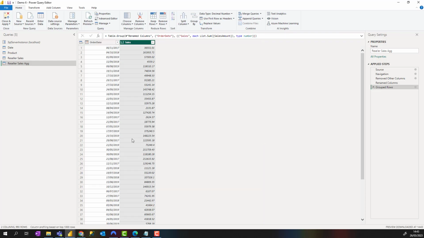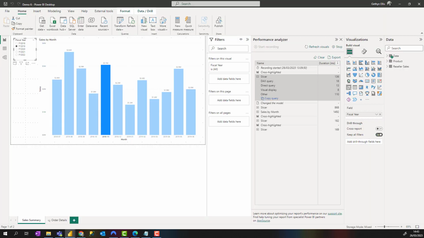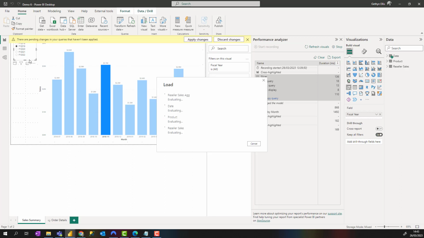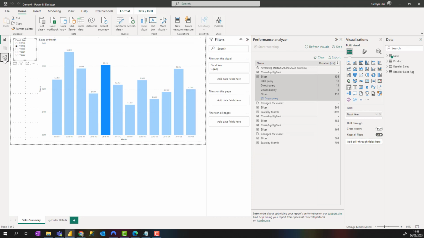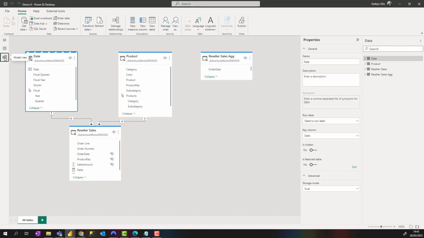We click on OK, and we've got some groupings in there. If I click on close and apply, let that load, and then come down to model view,